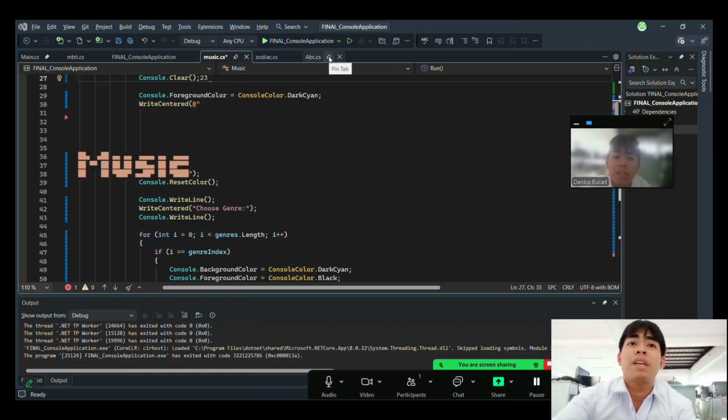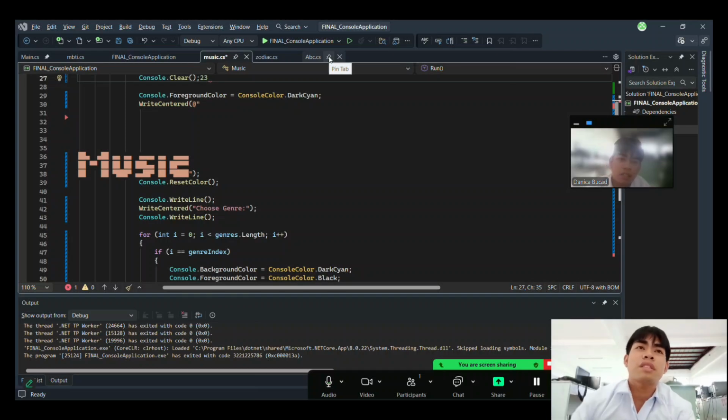So the next one is a summary of the implemented features. Here is the background of our application. Main menu navigation: here we have the personality tests: zodiac sign, music, MBTI, and others. Around the music personality test, we have a genre. Under the genre we have an artist, and under the artist we have the music. Then it will execute and detect your personality prediction.